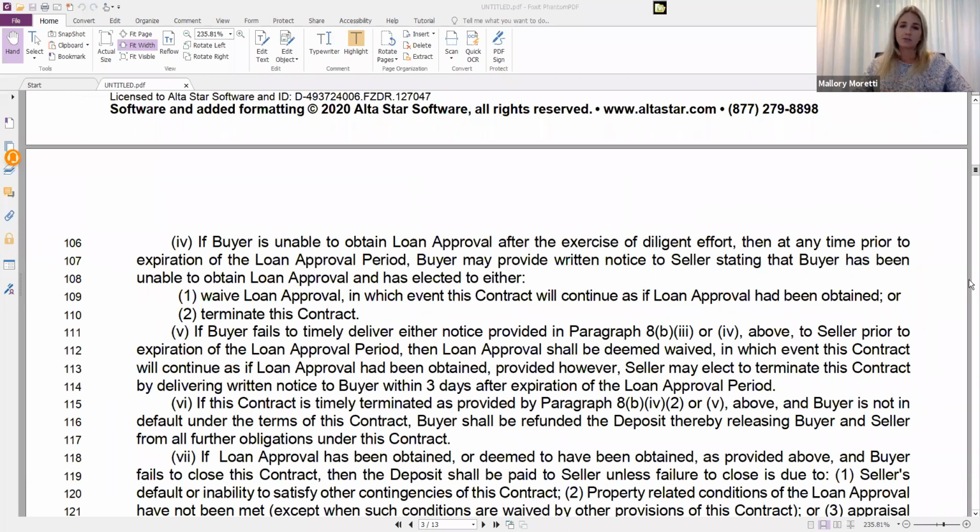I get this question a lot from agents, from buyers, from sellers. When we send out that preliminary settlement statement for their review, sellers say, why am I paying the estoppel fee? Or why am I paying the doc stamps? And then on the other side, the buyer will ask, well, why am I paying this? Why am I paying that? The contract in Section 9 actually shows what the buyer and seller are going to be paying on that settlement